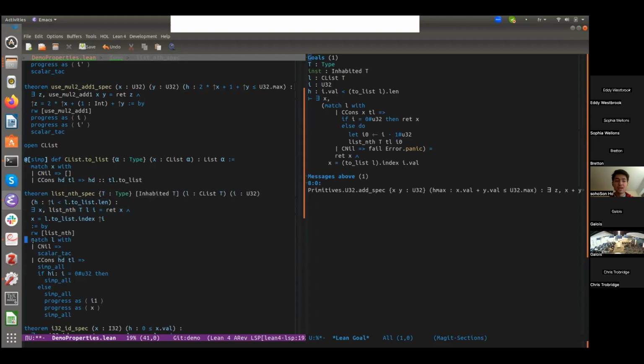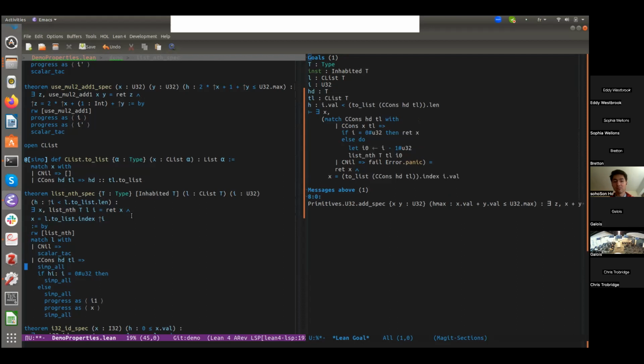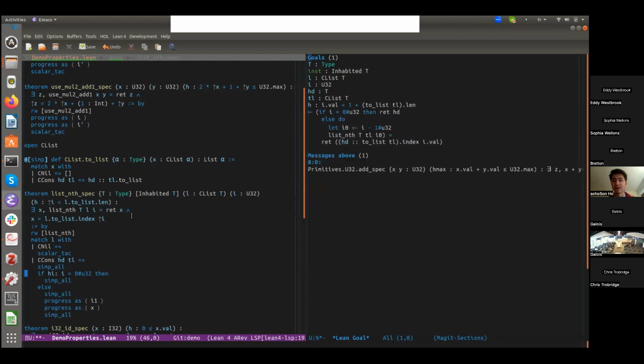So the idea is I might want to be a bit more explicit about the proof term by writing the match explicitly. This is so that I can really match the structure of the initial list nth function and have something more readable and eventually more maintainable. So, for example, in the cons case, okay, I get this,